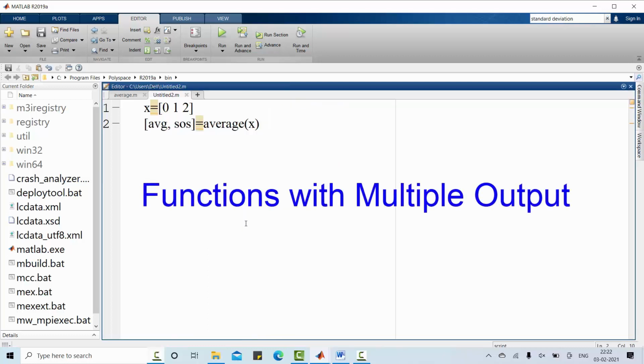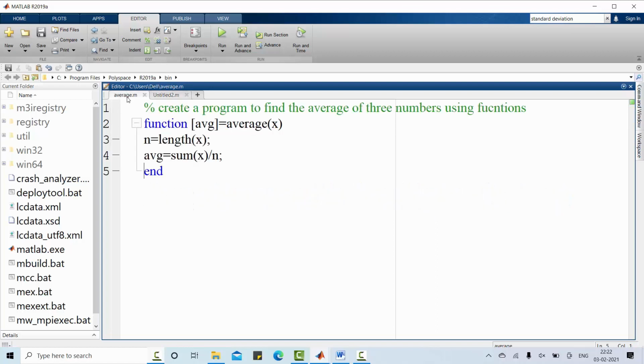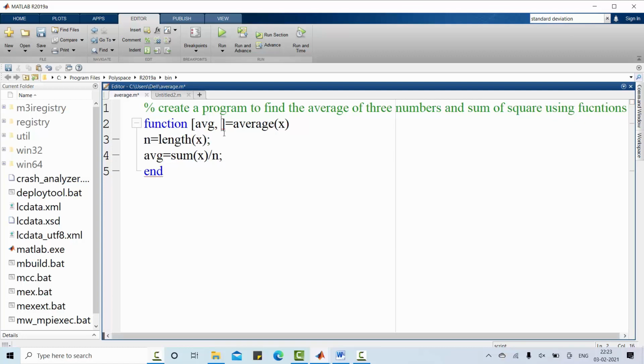Now I will tell you how to create functions with multiple outputs. Again, go to your function, create a program to find the average of three numbers and sum of square using a function. So make it two outputs. One is average, another one is sum of square, SOS.